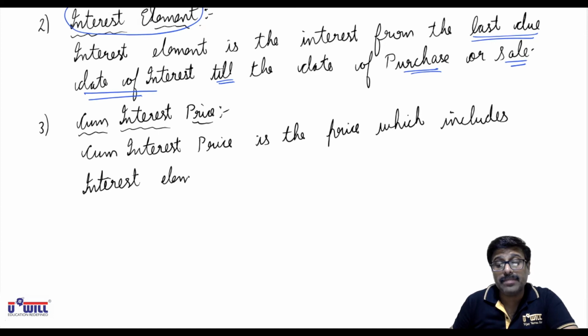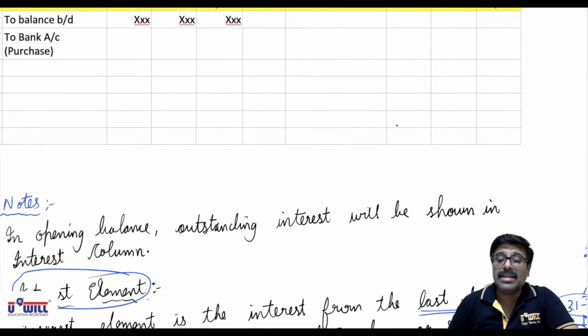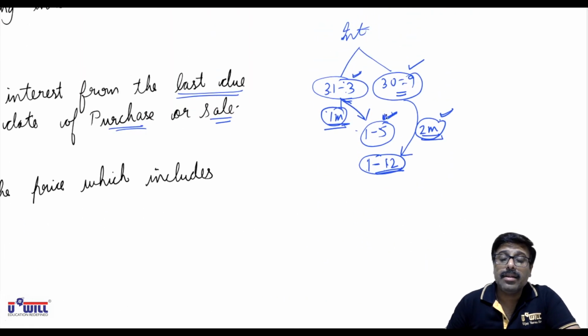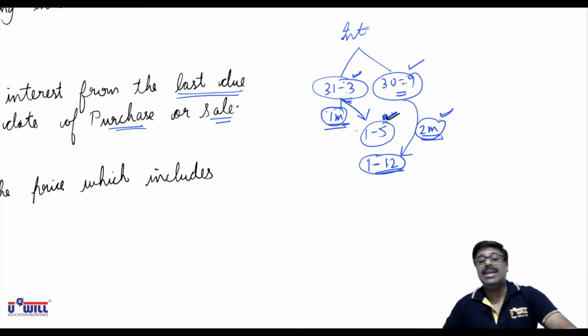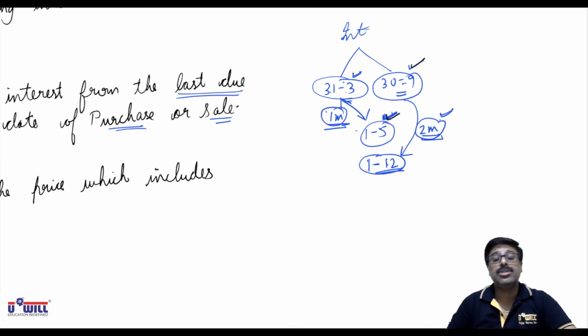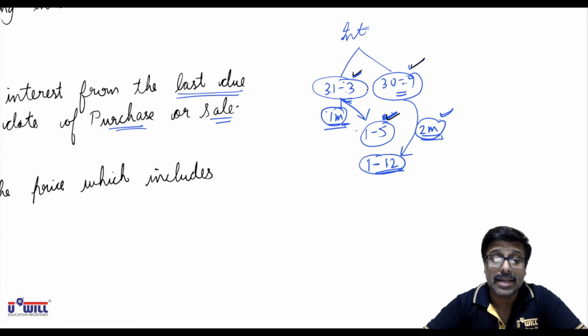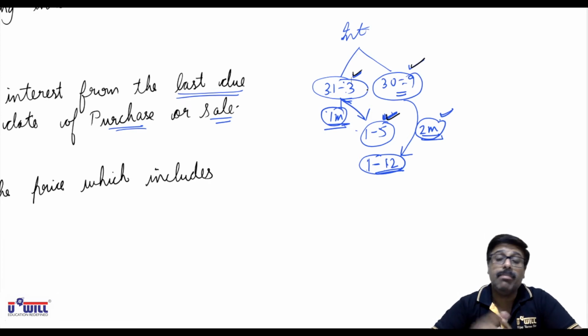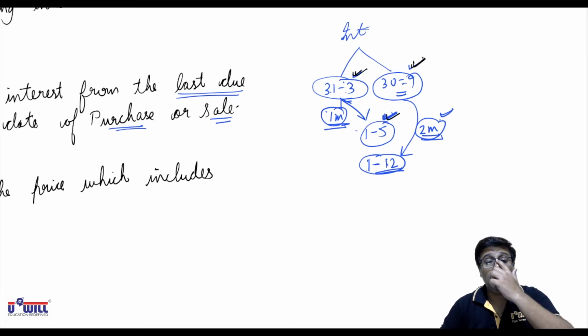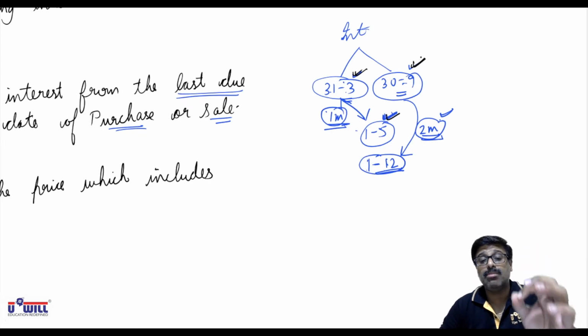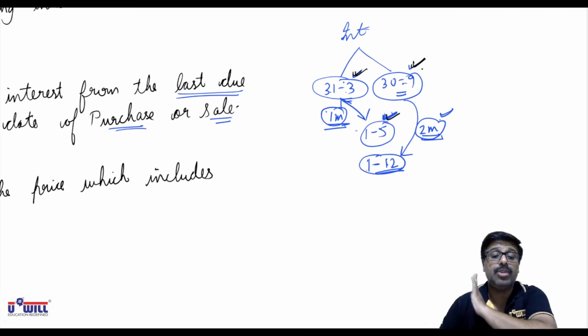Now what does this mean? So if you are buying the security on 1st of May, the company is going to pay the interest directly on 30th September, only after 31st March. Company is not concerned with when you buy and sell the securities again and again in the market. If you buy and sell the securities 100 times in a year, company will not pay interest to 100 different people at different point of time during the year. Company will pay the interest only 2 times in a year, 31st March and 30th September, and to whosoever has the debenture or the bonds or the securities on that particular day.